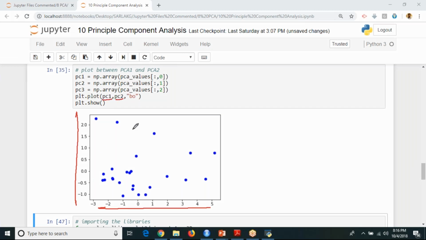I've just plotted because it is your 2-dimension. I cannot give one more PC3 and plot it like this.